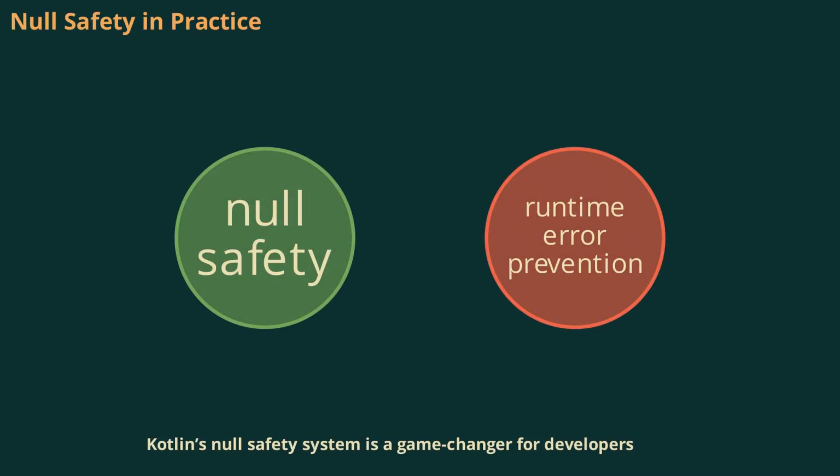Kotlin's null safety system is a game-changer for developers. By distinguishing between nullable and non-nullable types and providing operators like the safe call and the Elvis operator, Kotlin prevents common runtime errors. This system ensures your code is safer and more reliable, reducing the risk of crashes and improving user experience. Null safety is a cornerstone of